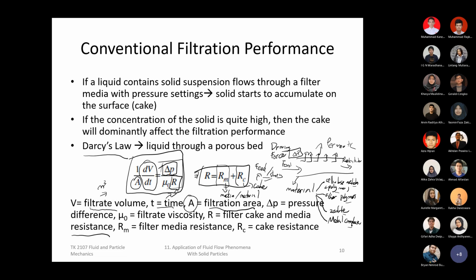How lean or how concentrated the slurry is will affect the resistance of the system. Again, if you try to imagine the unit over here, that must be cubic meter, that must be a second, that must be a square meter. So in general, both sides of the equation now will be expressed in meter per second, linear velocity, of the production.